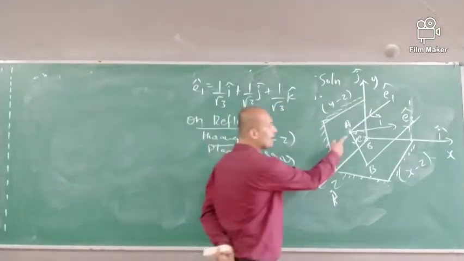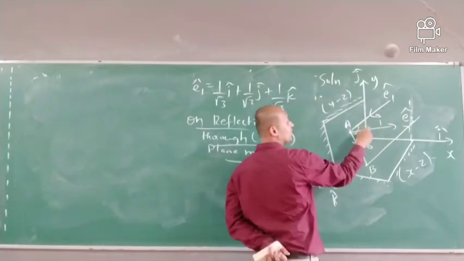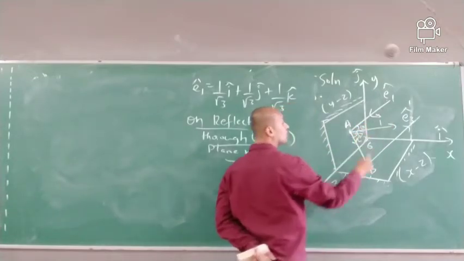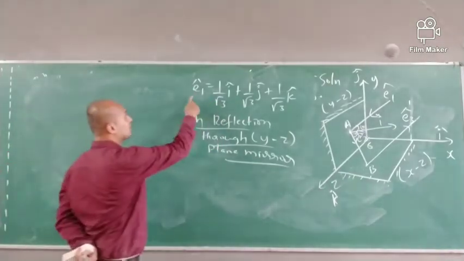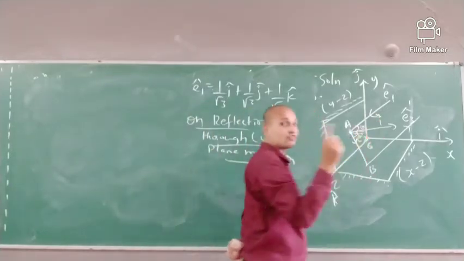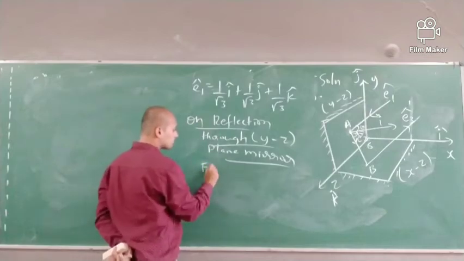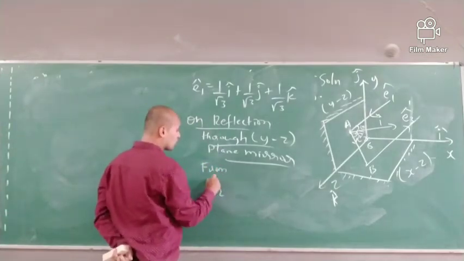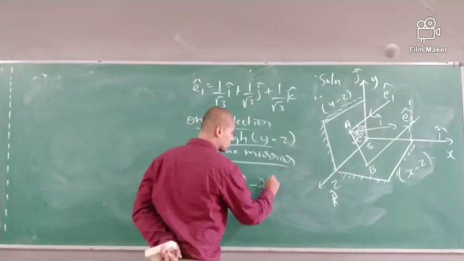This is the normal line. So this is the incident ray, angle of incidence, angle of reflection. So I can write here, this formula will change. What is it going to change if I calculate the angle of the reflected ray from E2 cap minus 2 into,